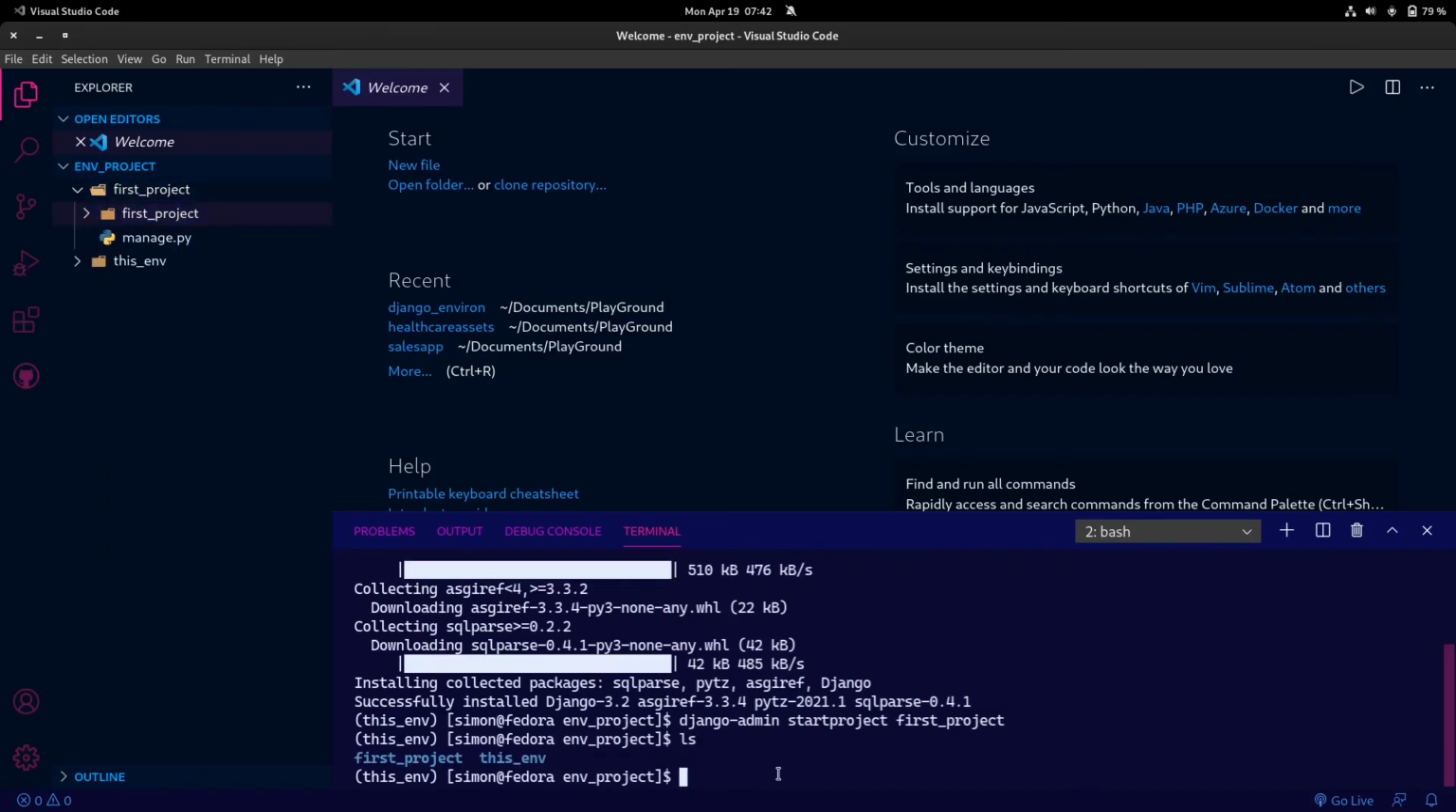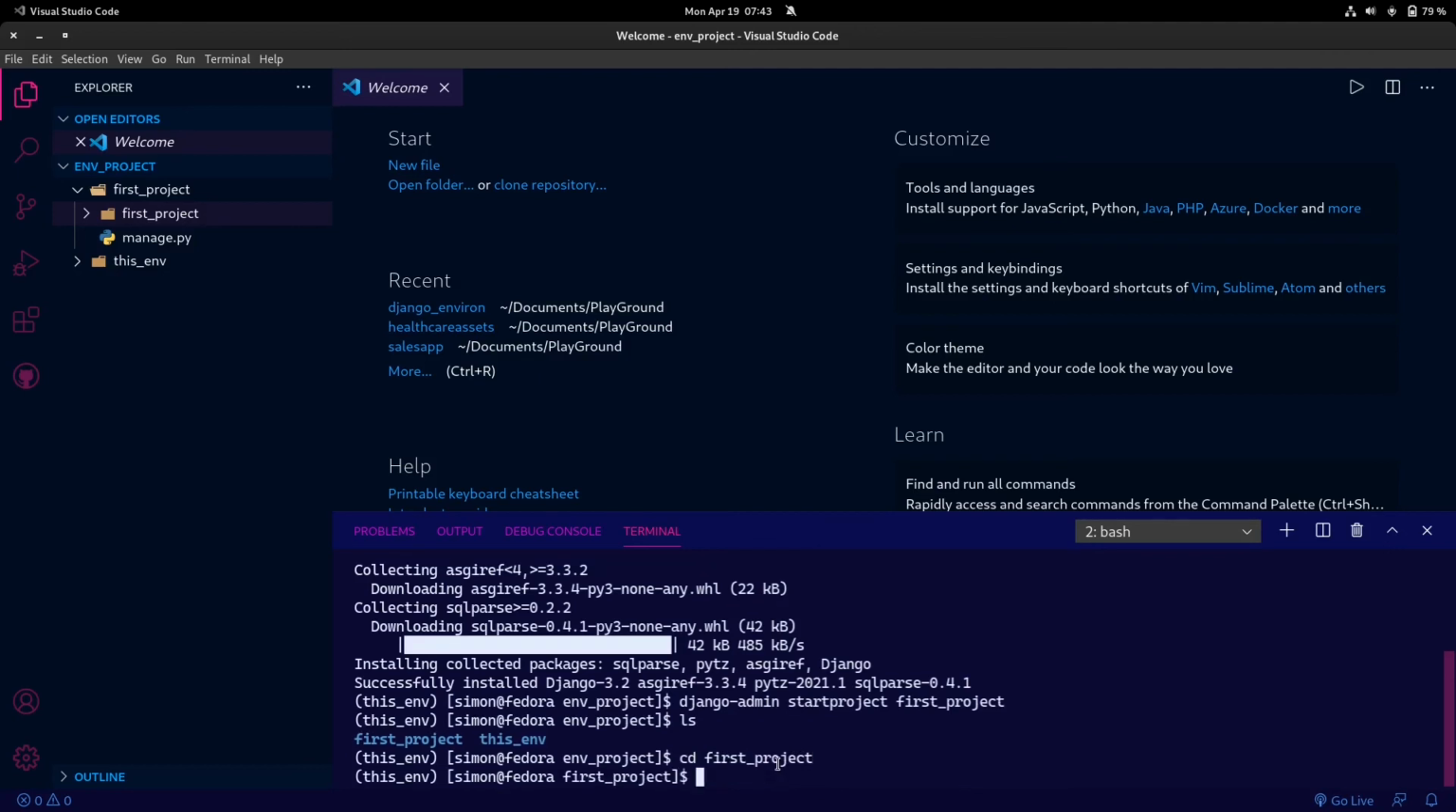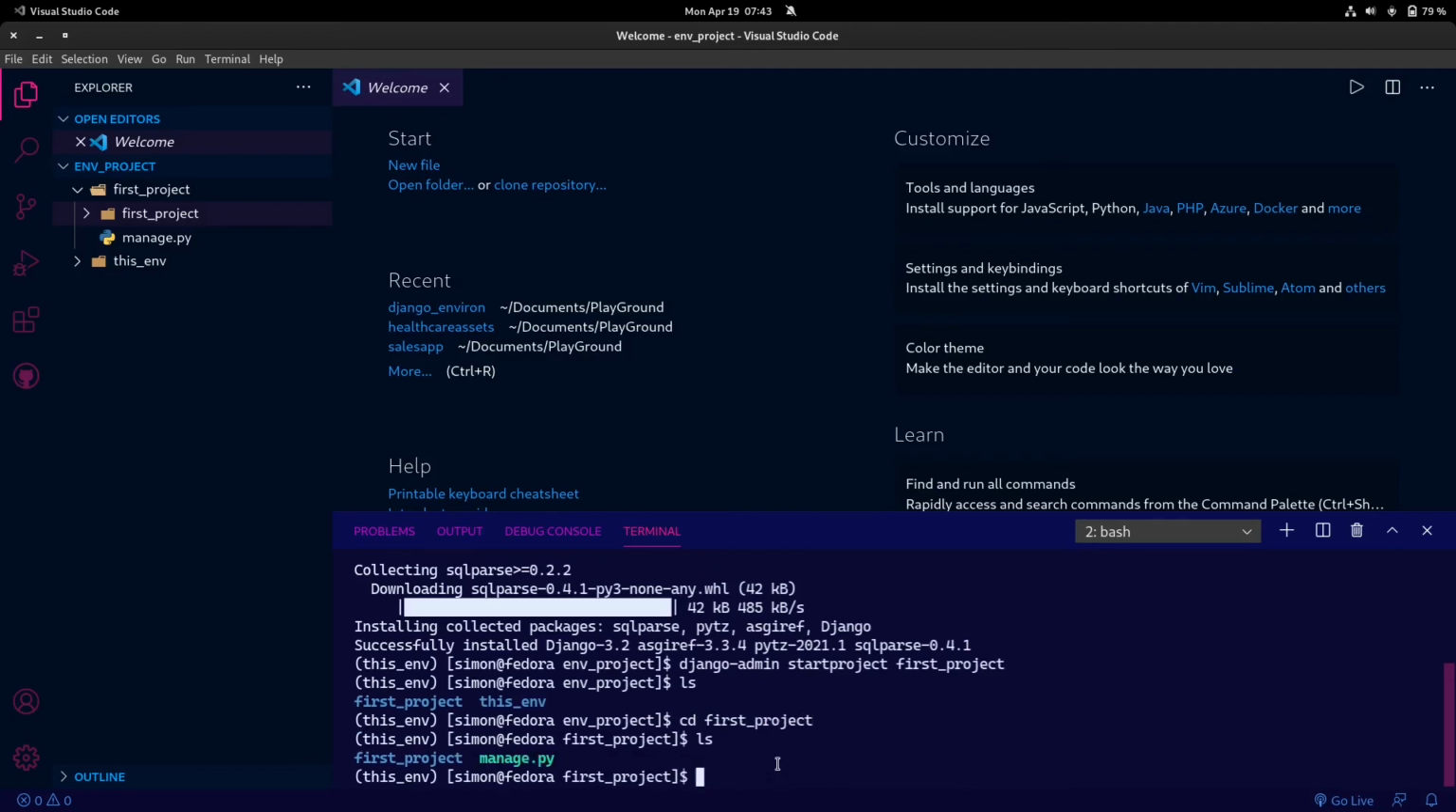So to run our project, I need to cd into the first project folder, ls. You can see we have our project folder and the manage.py, which manages our Django project. So to run our project, I'm going to run python manage.py runserver,